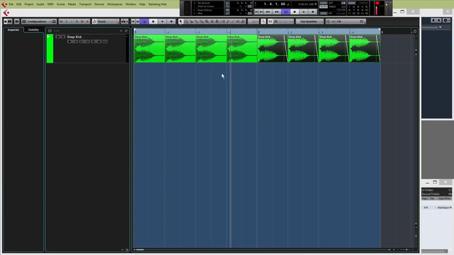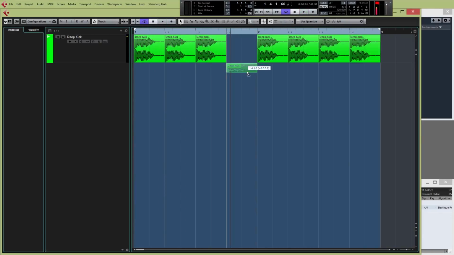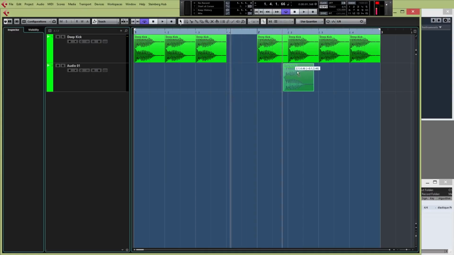Now I mentioned earlier that Cubase is very kindly snapping the audio to a grid for us, which makes it very, very easy for us to place these audio samples. This is controlled at the top here. See this button here says snap on, snap off. If I was to take that off, I can now position this piece of audio anywhere I like. It doesn't help me in this particular example because I want to place it on the beat, but it could be useful for placing, let's say, a vocal or something like that. So let's click that back on,